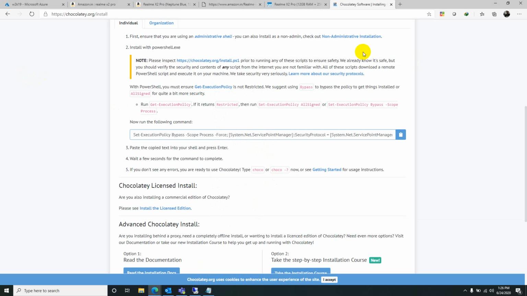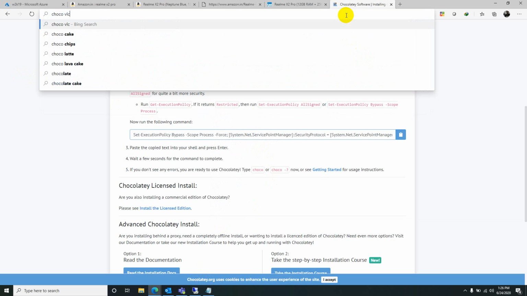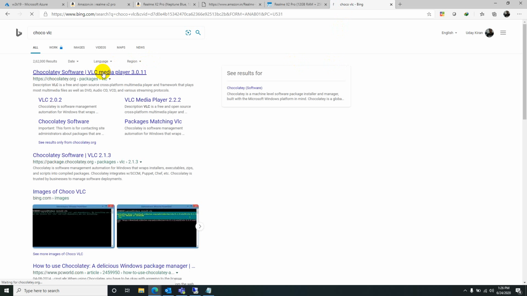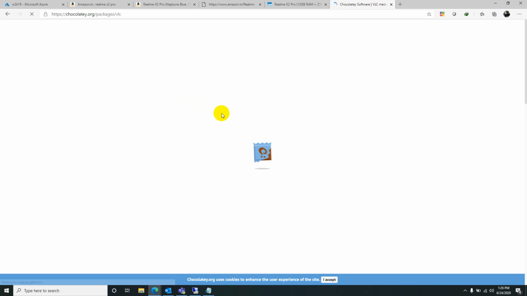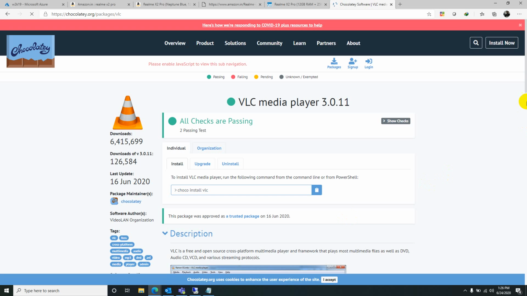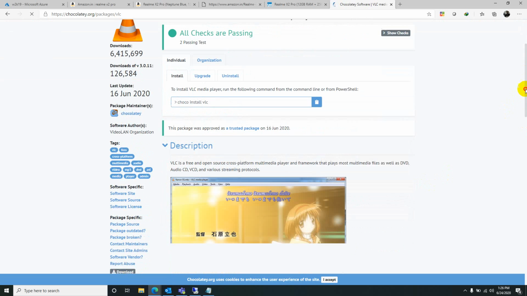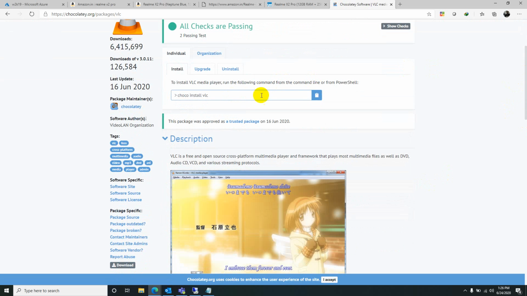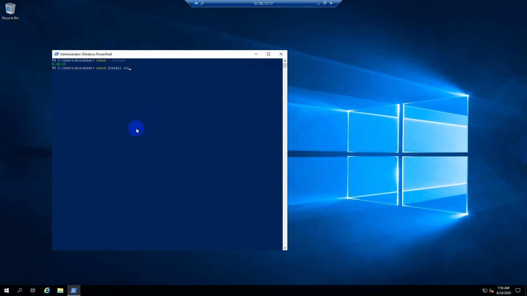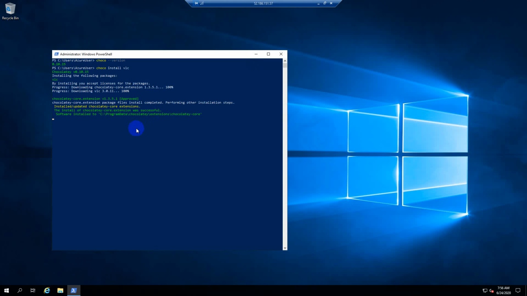Note, like apt and yum for CentOS, now for Windows we have choco, short form for Chocolatey. And if you want to install any software, just search like this, choco search vlc. It will go to that repository manager. You can do customizations also for setting any options. But let's install with the default options. Copy this one, choco install vlc, paste here and press enter. It might ask for yes or no prompts. Yes.